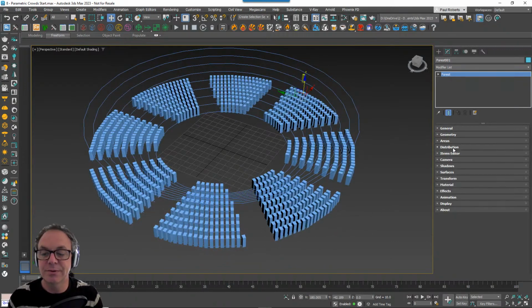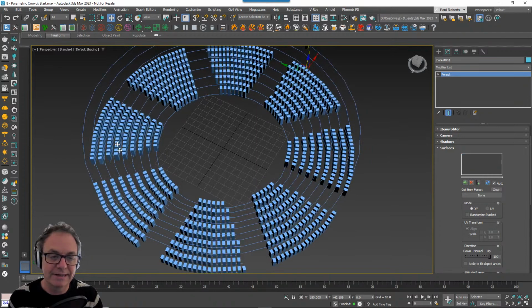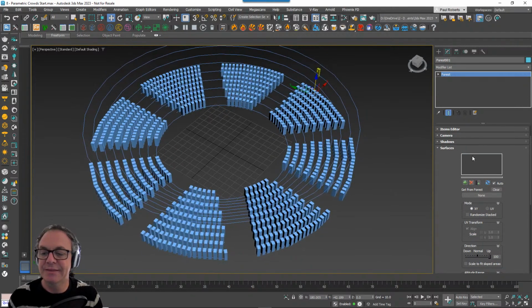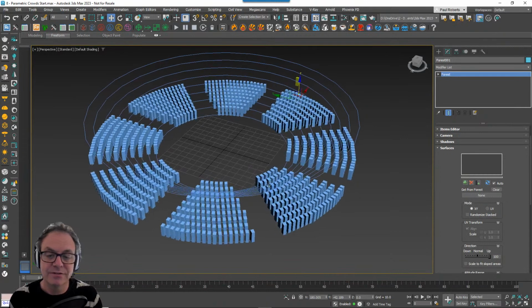Well, there's an easy way. It's very likely, if you're doing this, that you've got a stadium which these people are stood on. In which case, all you'd need to do is add that stadium base mesh to the surfaces here. Then they'd move up to sit on the area the chairs are sat on. So that would be fine.